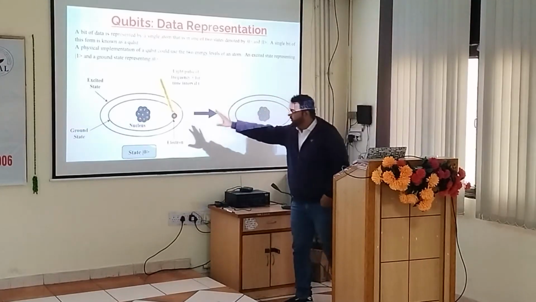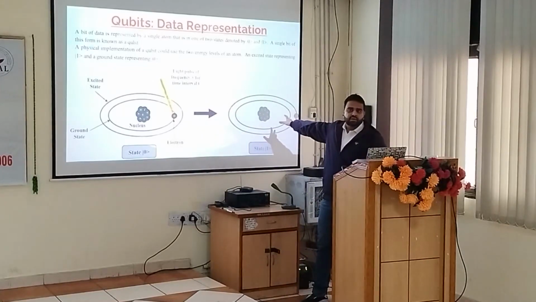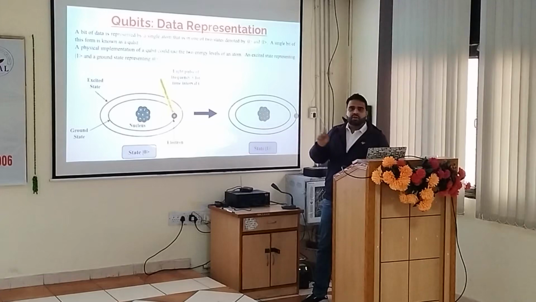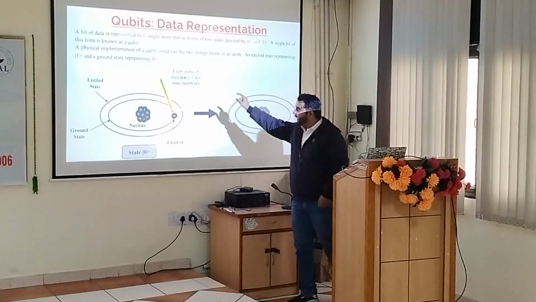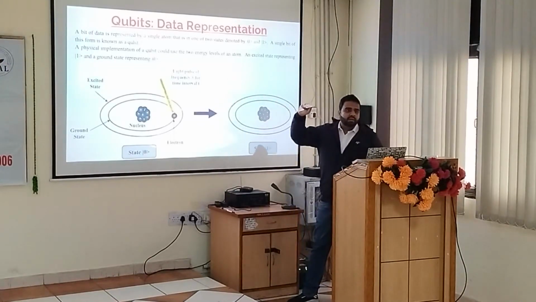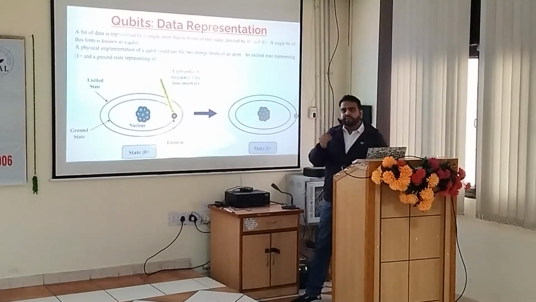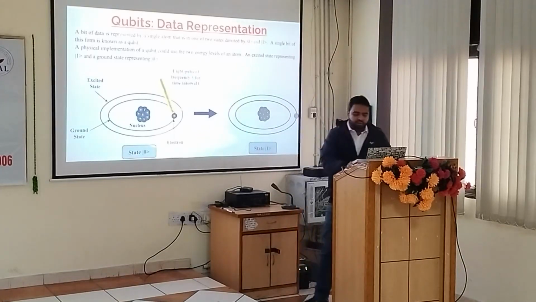So far we have state 0, state 1. Two states are there right now. We are not talking about the superposition right now. This is 0 and 1. But what happens if I throw a light pulse with the frequency of lambda by 2? If I halve the frequency, what will happen? The electron will be in an unstable state. It will be either in the ground or in the excited state. So how does it look?